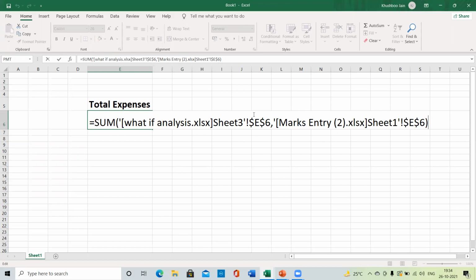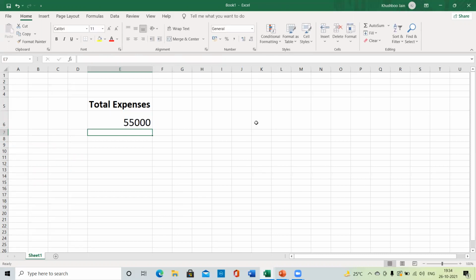Here you can see it is using this dollar sign. This represents that this is an absolute reference and this is a fixed reference. Whenever you are linking workbooks, we always prefer to use absolute references. Got it? So I hope you understand this concept.